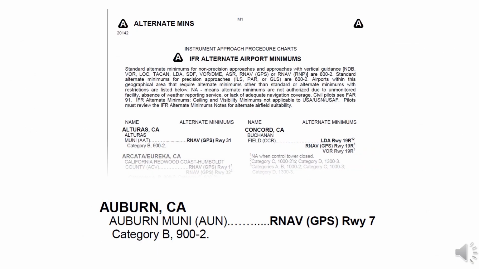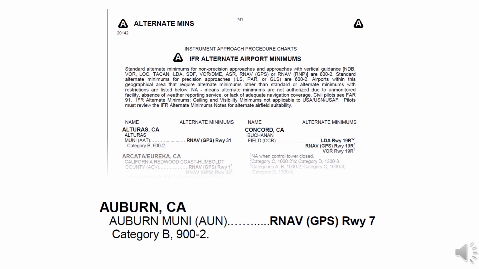Auburn is allowed as an alternate with the standard 802 minimums for non-precision approaches. Even with WAAS, you can't treat APVs as precision approaches when contemplating alternates. If you fly approaches as a Category B aircraft, at or above 90 knots indicated airspeed, the forecast weather must be at least 902 to file Auburn as an alternate. For more information about filing alternates with GPS or WAAS, see AIM 1-1-17, Global Positioning System, and AIM 1-1-18, Wide